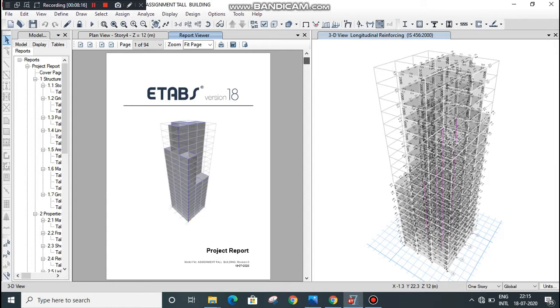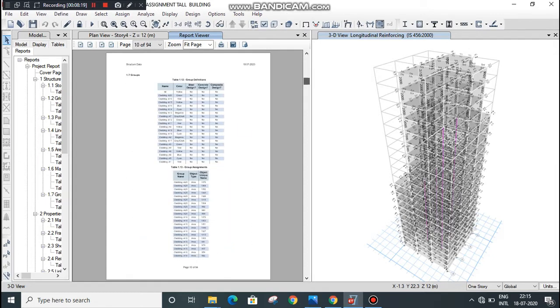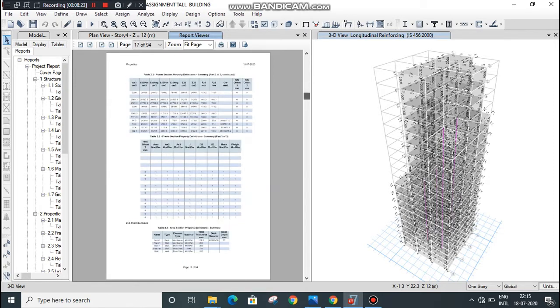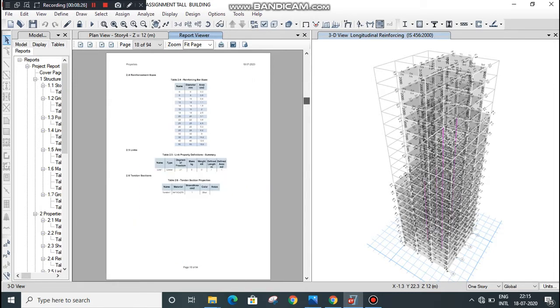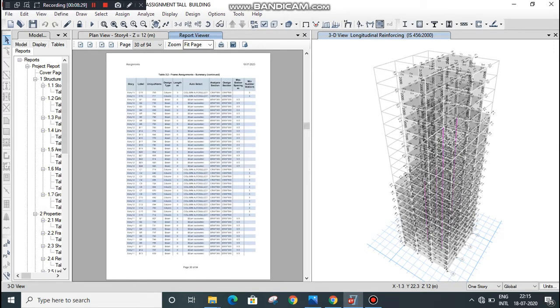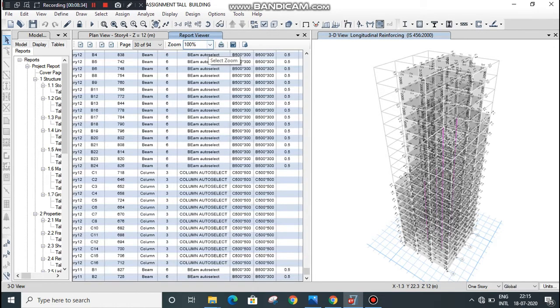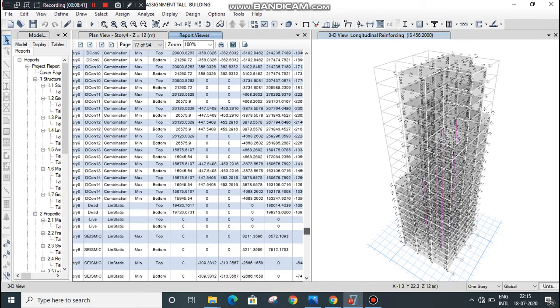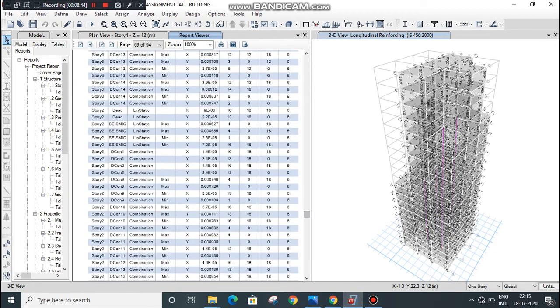In the project report you can see all the information regarding the building, dimensions, results, moments, etc. Story forces, all the informations. This software is for evaluation purpose. We cannot print the report in this version.